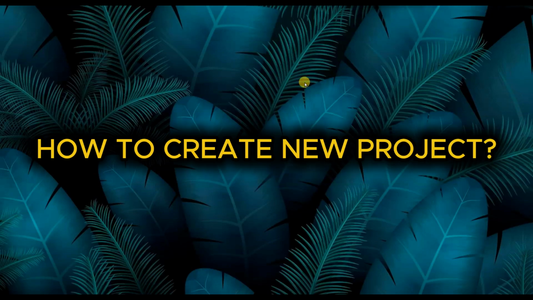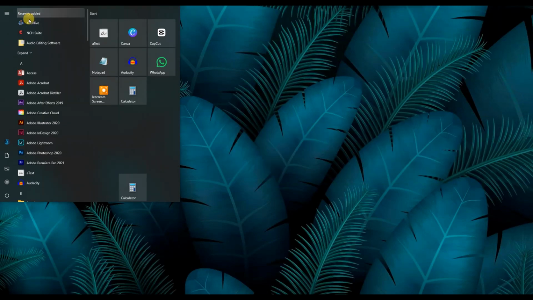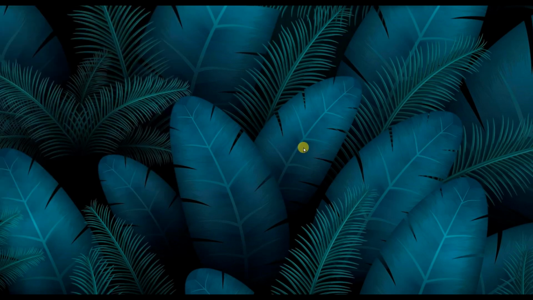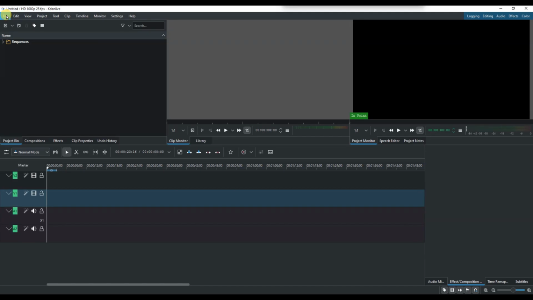How to create a new project in Kdenlive. First of all, open Kdenlive on your computer. Once the application is launched, go to the top menu and click on File, then select New to start a